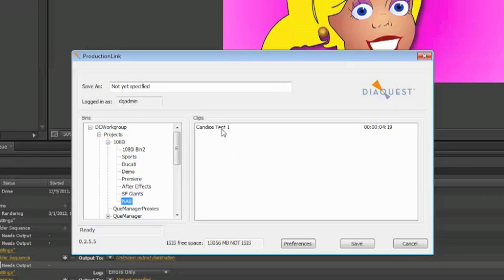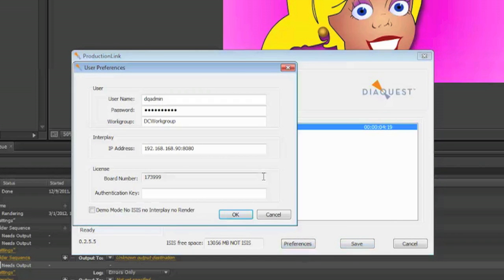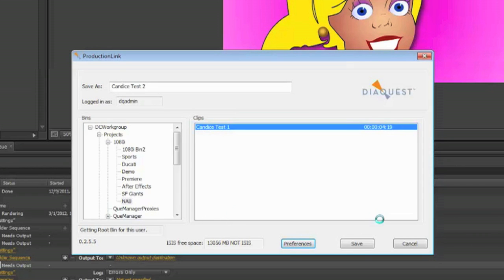As you can see, there are already some files in this folder, including one with the same file name as the one that we want to save. So, to avoid overwriting the file, let's go back up to the Save As Text entry field and change that from a 1 to a 2. There is a Preferences dialog where we can set the Interplay username, password, and Interplay IP. Click Save to close the plugin window, and then click the OK button to close out of the Output module